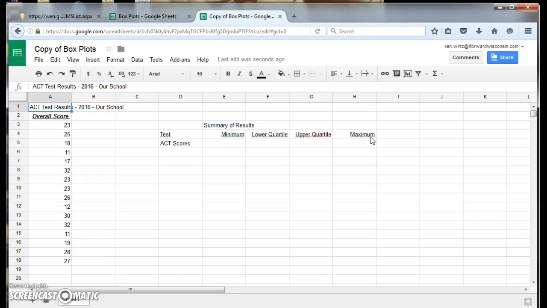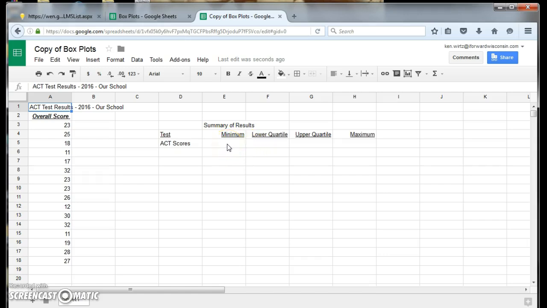If the numbers are small enough, you can kind of figure out what they are, but we're going to actually use formulas for that. And then we need to calculate a lower quartile and an upper quartile. Those are kind of where the boxes in the box plot graph sort of start and end. All right. Now,